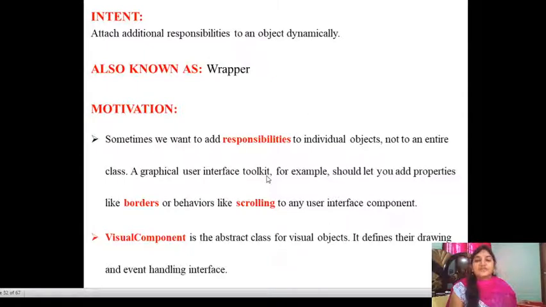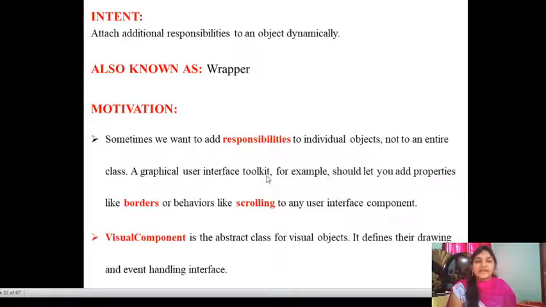In a graphical user interface toolkit, we use some toolkit which is a combination of objects, and it lets you add properties like borders, scroll bars, menus, and all the decoration items provided in the document editor.